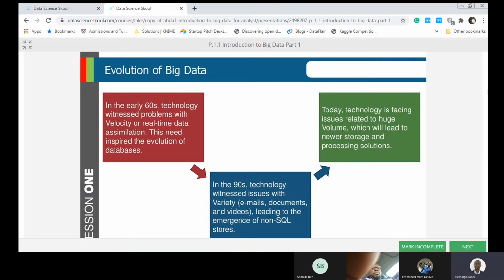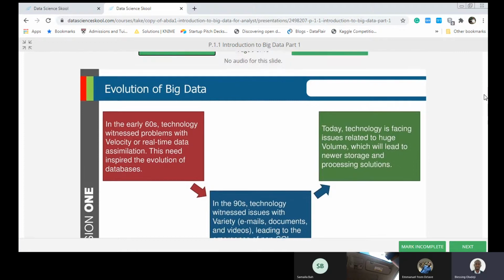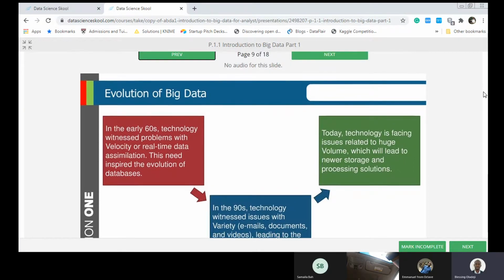Then more recently, in 2010, they developed the concept of Hadoop. Hadoop is essentially meant to store large volumes of data sets in a way that can guarantee reliability and reduce what is called single point of failure. So volume became the issue they needed to solve again. And at that point, they developed what is called the big data platform, or Hadoop platform, which we are going to be talking about in the coming week.